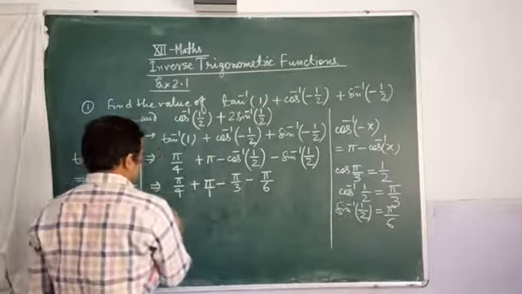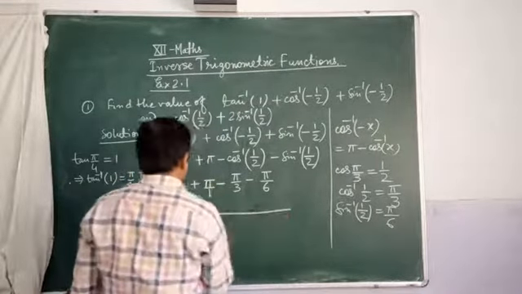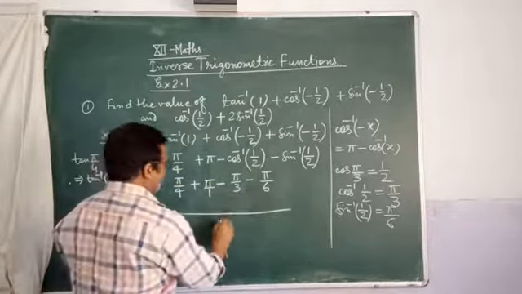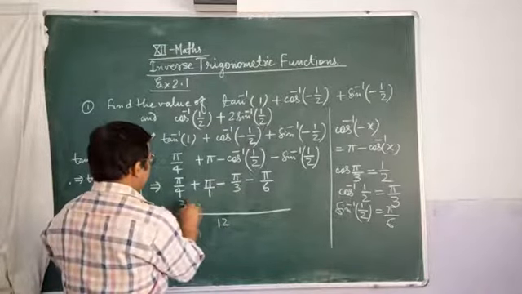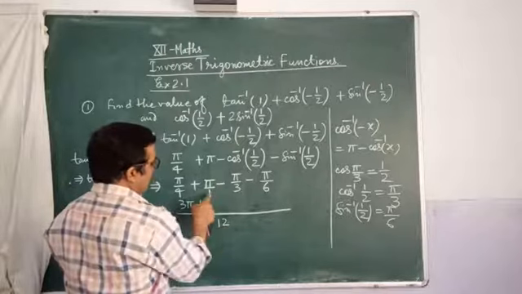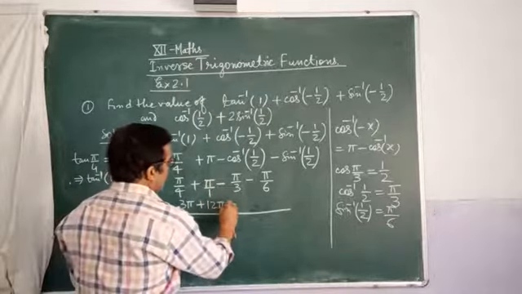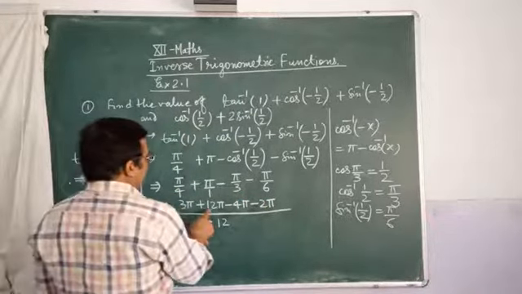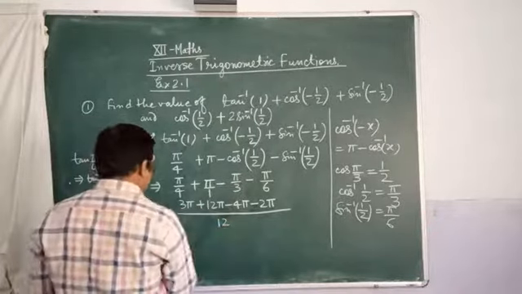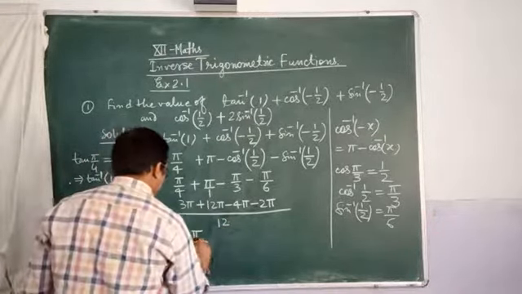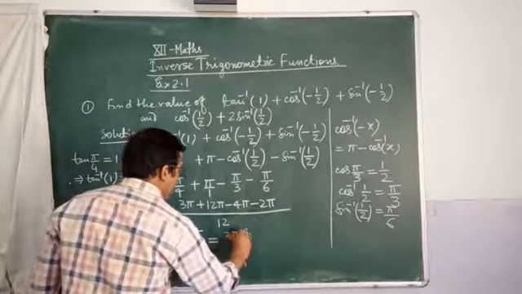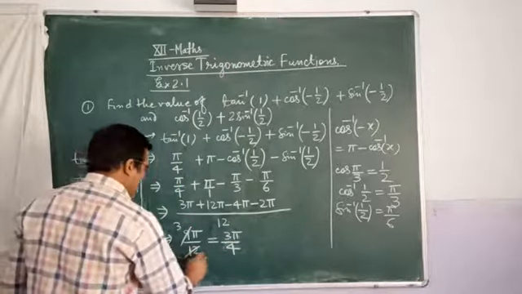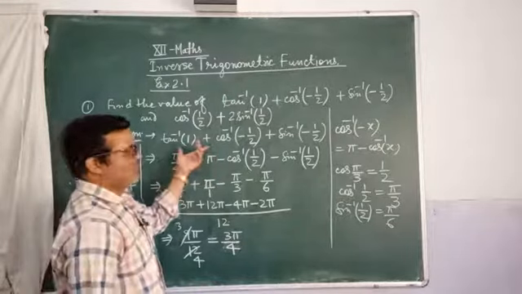So we have to solve this angle. So 4, 3, 6, its LCM is 12. 4 threes are 12, 3 pi; 12 divided by 1 is 12, 12 pi here; 4 pi minus 2 pi. We have 12 plus 3, 15, minus 6 pi. We have 9 pi by 12. This becomes 3 pi by 4. Our answer is 3 pi by 4. It is the answer of this question.